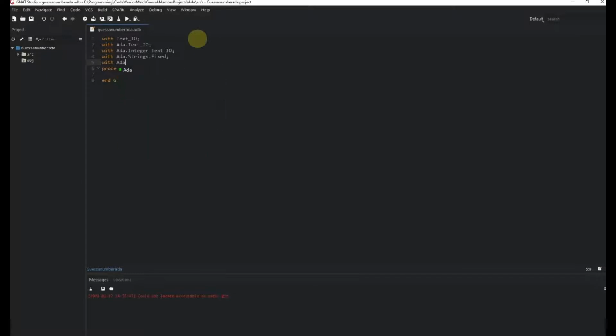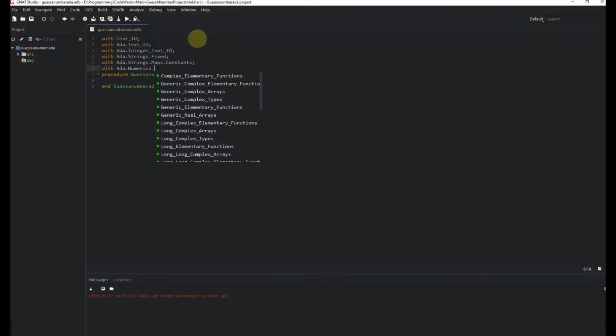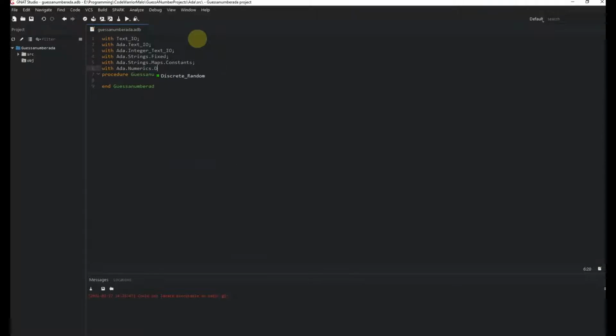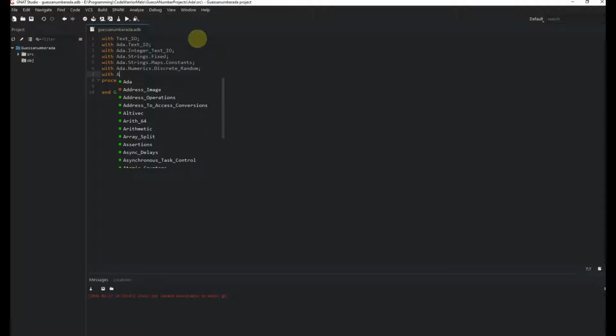Let's get Strings, I think it's called Maps.Constants, so we can have those constants. We are going to have Numerics, Discrete_Random, so that we can randomize. We are going to have not Ada, we need GNAT,